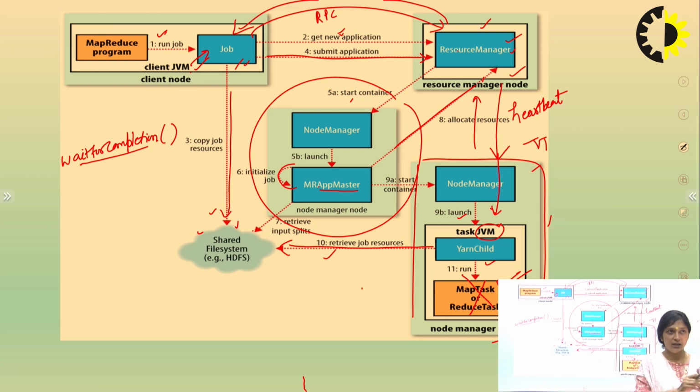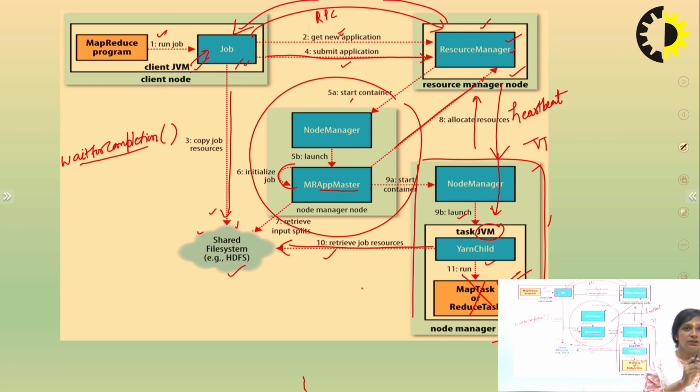After getting the ID, now the client will check the output in HDFS. If the output already exists in HDFS, in that case the job exits, means the process is complete. But if the output does not exist, now the client will copy the input split, or you can say job resources, in the HDFS and submit the application to the resource manager, as I told you here.